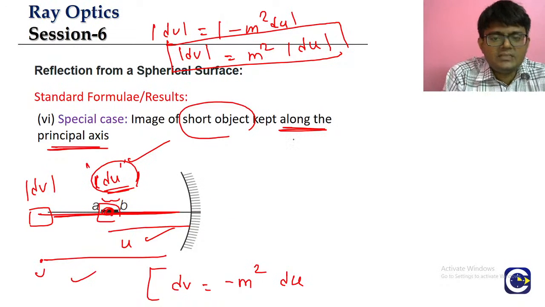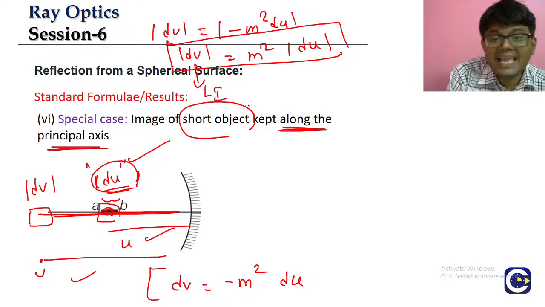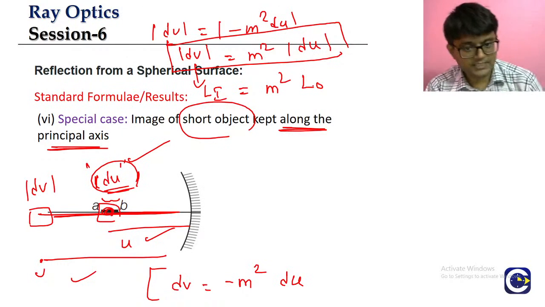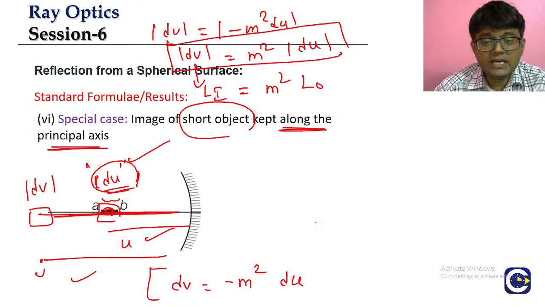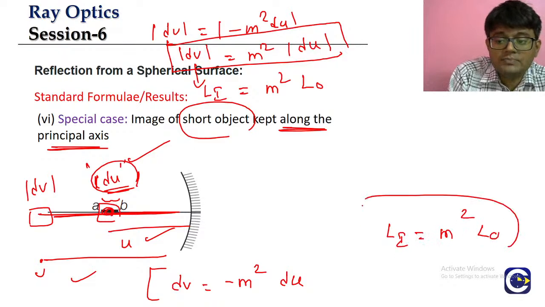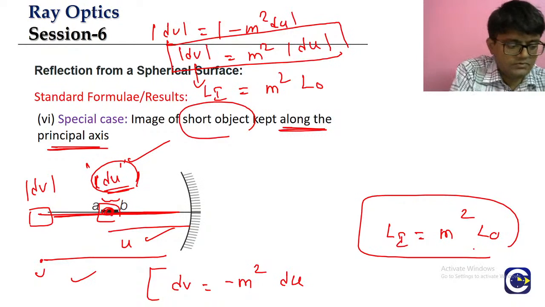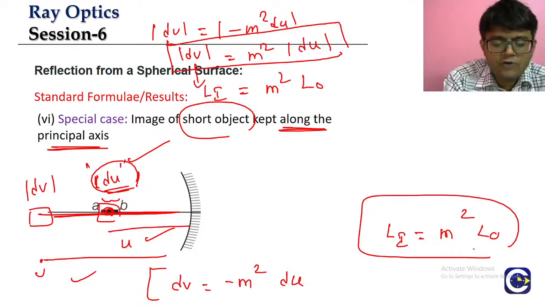So what is the relation we have, guys? If you take this dv as the length of the image, it is equal to m square into du, the length of the object. So the length of the image is equal to m square into the length of the object. We already took a modulus, right? So this is a straight formula. This will be the relation between